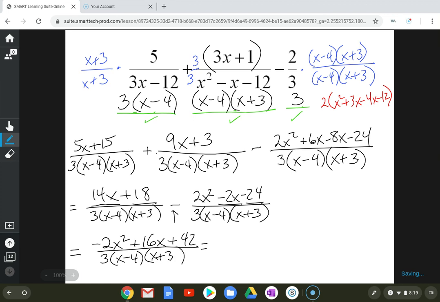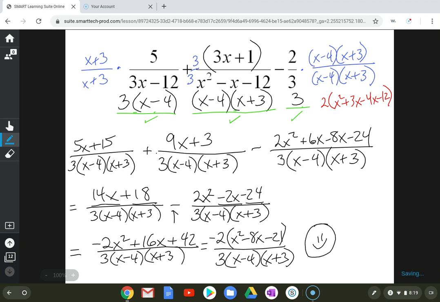All right, we have to factor the top. First thing I'm going to do is factor out a negative 2. And keep the bottom factored. All right, so the only factors of 21 are 1 and 21 or 3 and 7. None of those are going to combine to give you 8, which means this is fully factored, and we are done. All right, that is it. That was the hardest one. Hope you did well on it, and we will